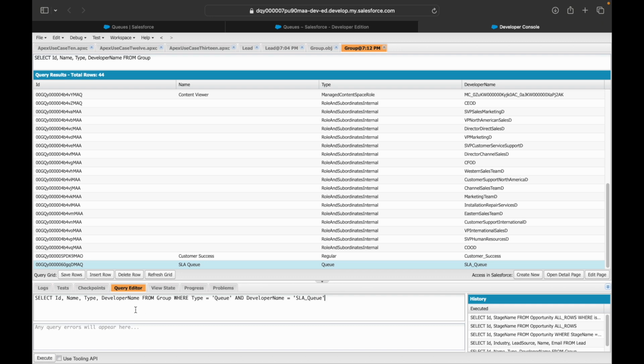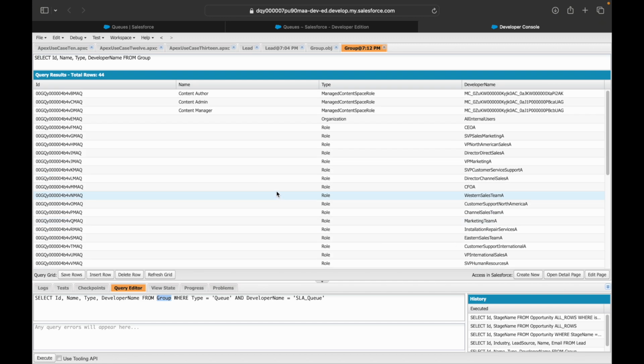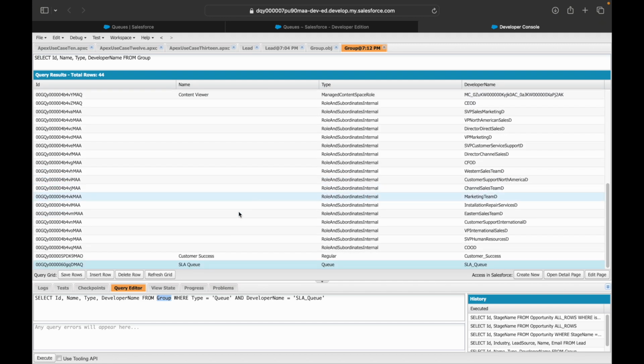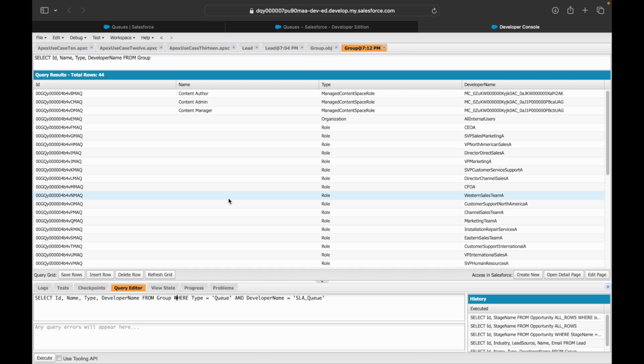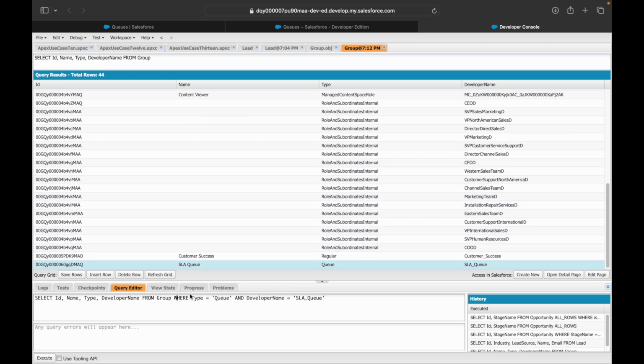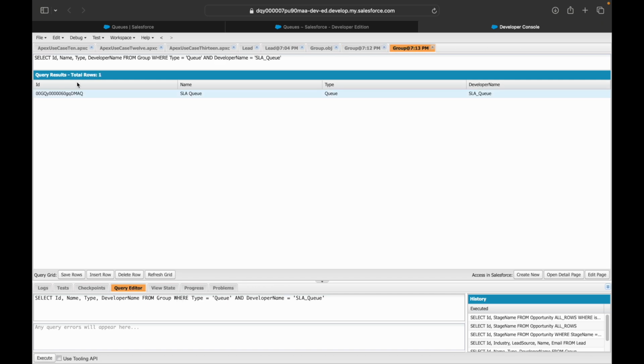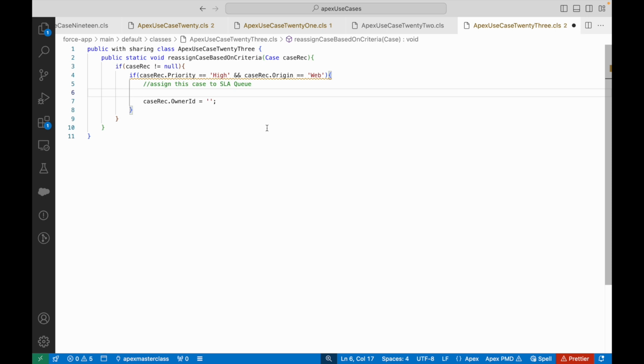Okay. If I write this query, when I query the group objects, be careful and be aware that I'm querying the group object, and the group object gives you results about a public group as well as a queue. There's no separate object for a queue. Okay. So if I query this now, you see that only one record is showing up and that is basically our record, right? So I'll use this query and I'll simply say group my SLA queue